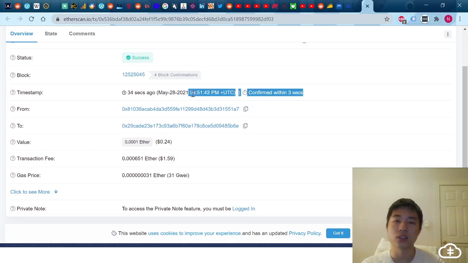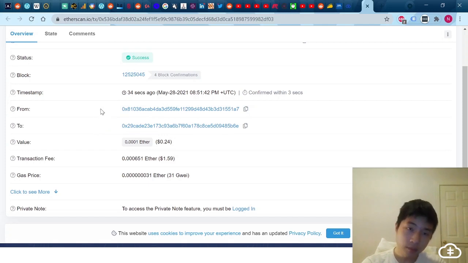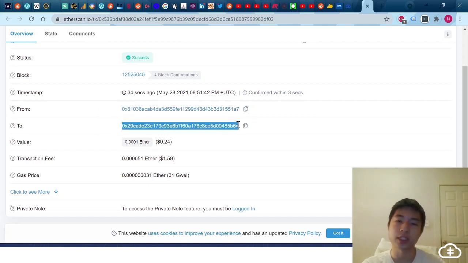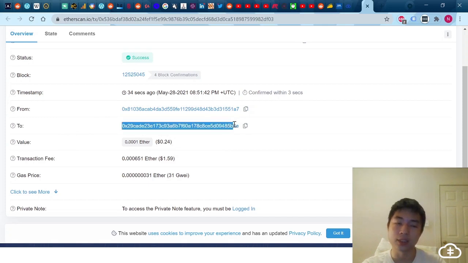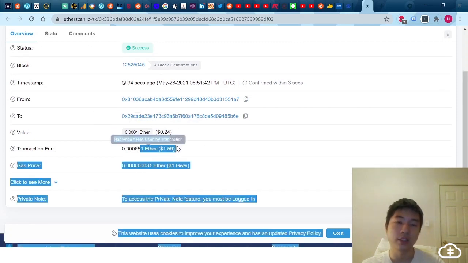You can see this transaction went through pretty quickly. And this is the from. So if you're thinking about the email address analogy, this would be my email address and this would be the email address I'm sending to, right? To bring it back to crypto, this is the sending address and this is the receiving address. This right here is what was sent, 24 cents. And this right here is the transaction fee,